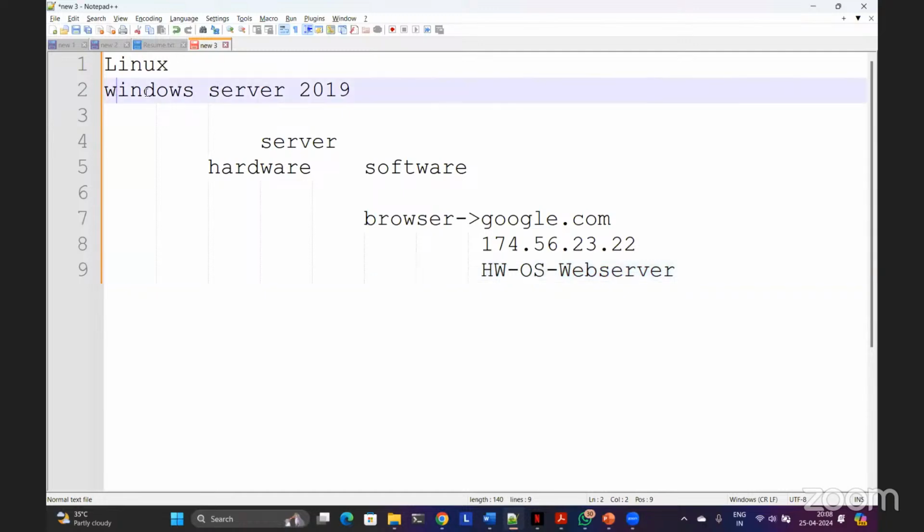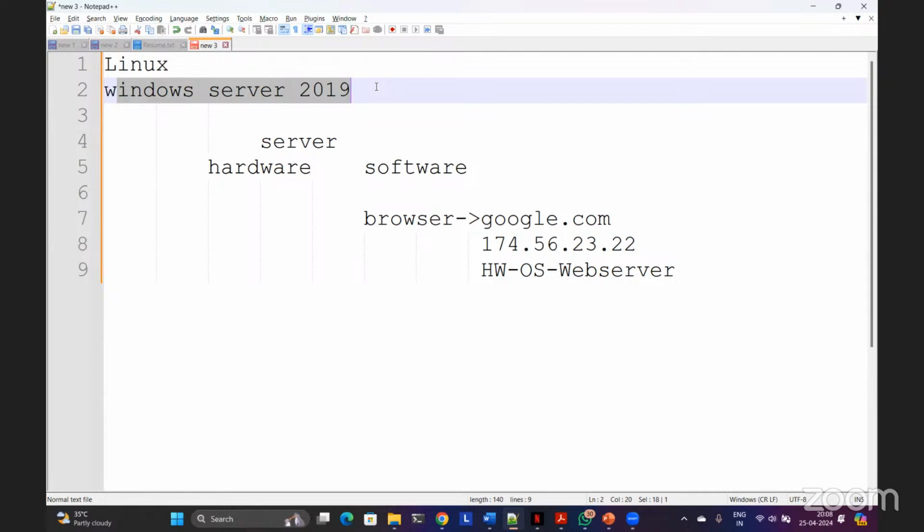Okay, so just like Windows Server 2019 or any other, there is a drawback with Windows Server, and that is when you update the servers, most of the times, as per my experience, I'm telling you, most of the times the patches or the updates are faulty or have some bugs, due to which maybe the application stops working or the server itself stops working, right?